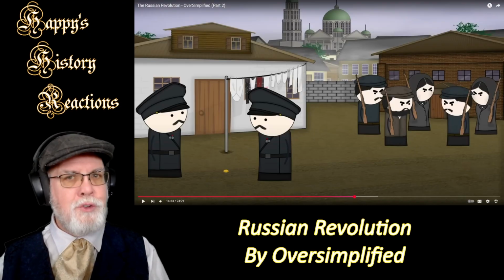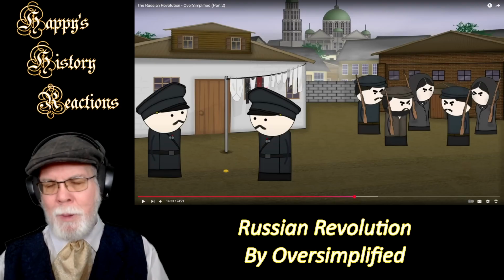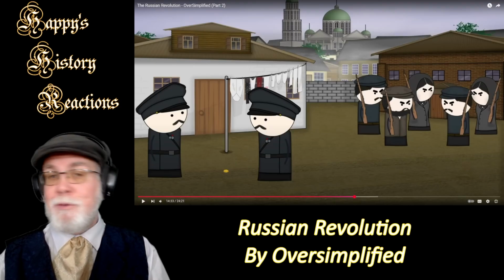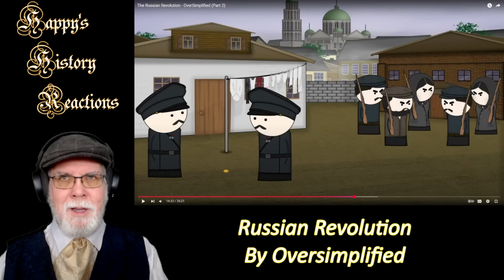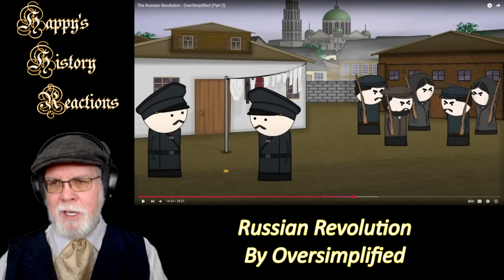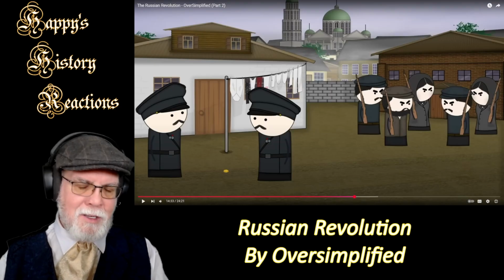You can go aboard. You can tour it. But yeah, it wasn't a battleship. It was a cruiser. Heavily armed cruiser, but it was a cruiser. Unless there was another ship. But I know the Aurora is the one that figures prominently in this story.